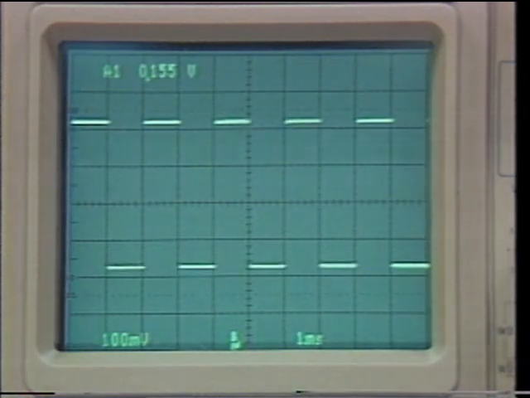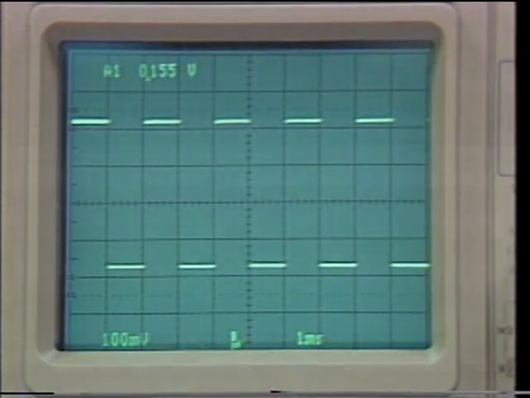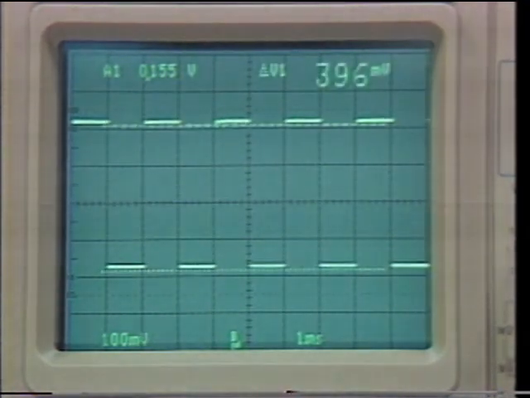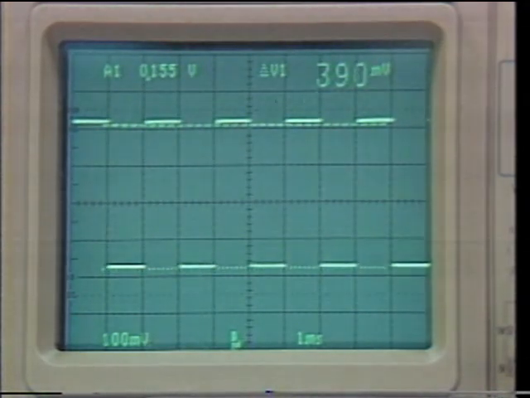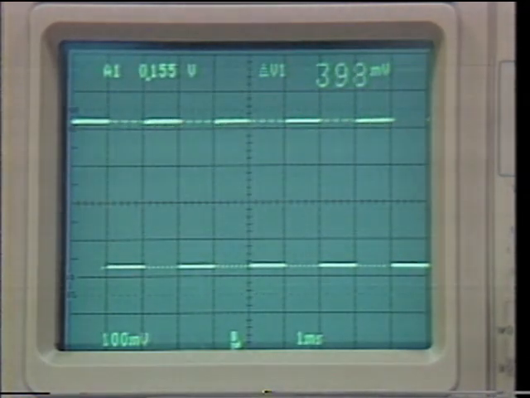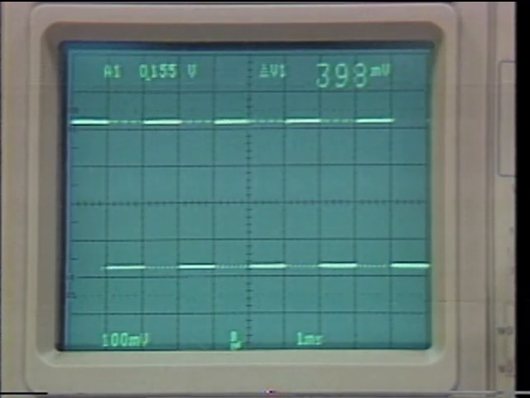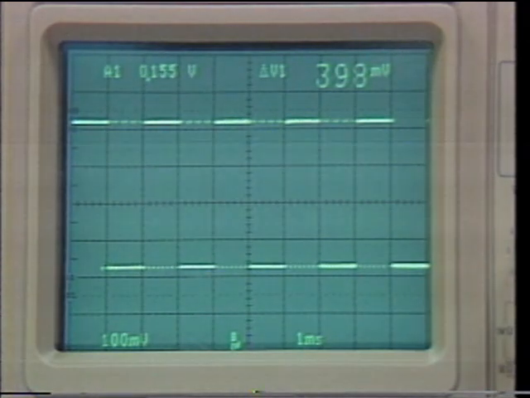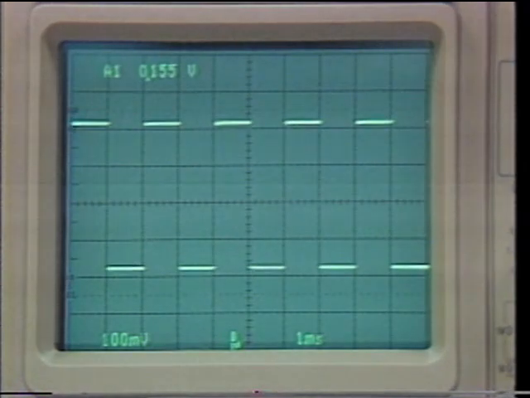Another test that we want to make is delta volts calibration. So we'll align the cursors with this waveform, and as we can see, the amplitude is 398 millivolts as indicated by the cursors, well within the 2% specification. Now, the use of the calibrator for timing